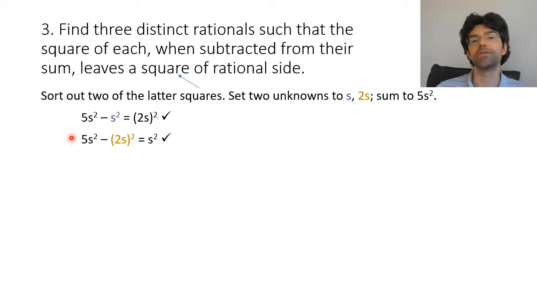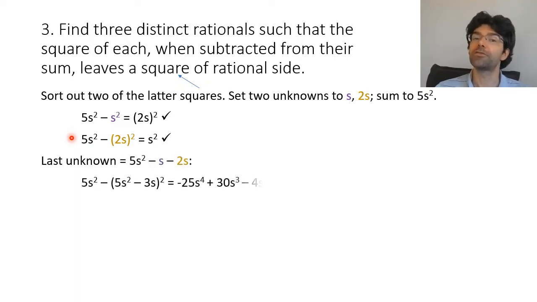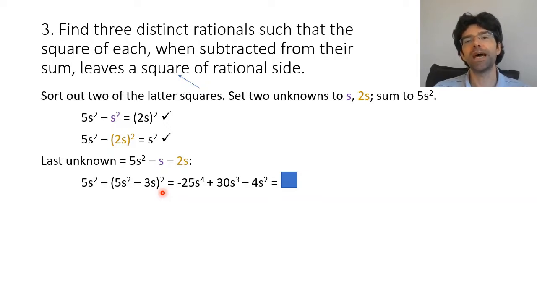And that tells us that 5s squared minus 3s is the other unknown. So what we need to do is to ensure that 5s squared, the sum, minus the square of 5s squared minus 3s is itself a square. But this is an expression in s where the outer coefficients are negative. And if it was plus 25s to the 4 here, or plus 4s squared, then we could easily design substitutions to get them to cancel and so achieve helpful form in the way that we've seen several times already. But as it is, this is basically an unhelpful expression.